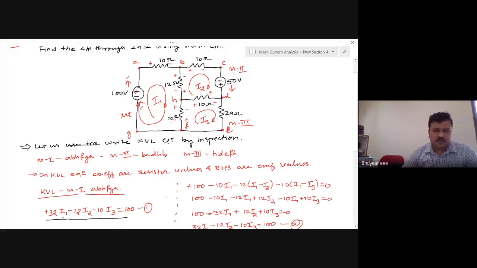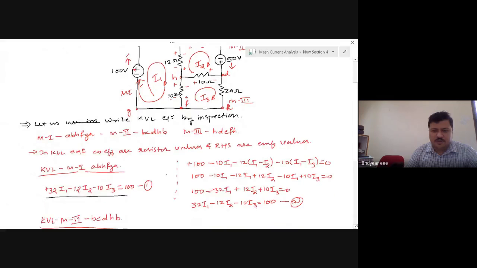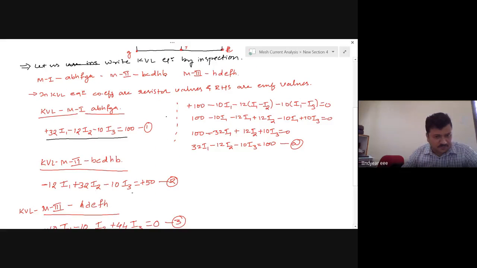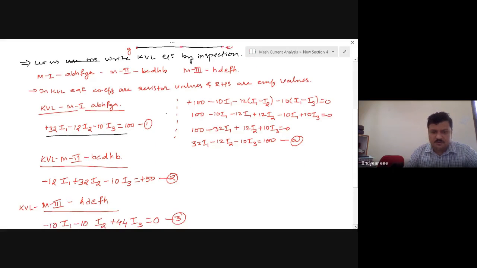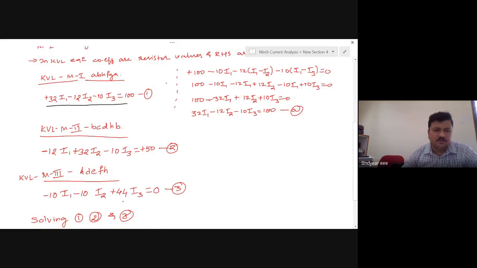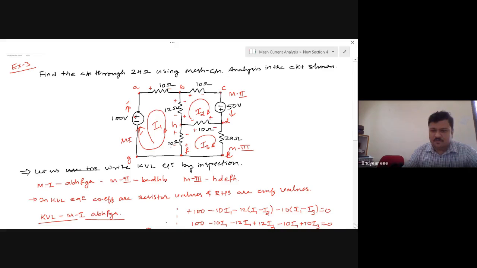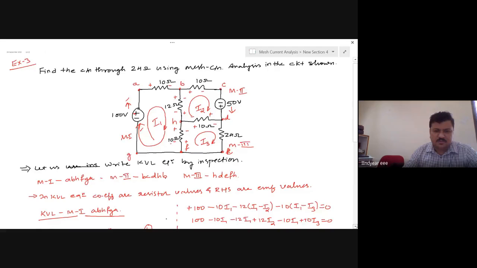32 I1. Observe the coefficient of I1 in mesh 1 is larger than the other two coefficients. Coefficient of I2 in mesh 2 is larger than the other two coefficients. Coefficient of I3 in mesh 3 is larger than the other two coefficients. So now when I observe the mesh equation,